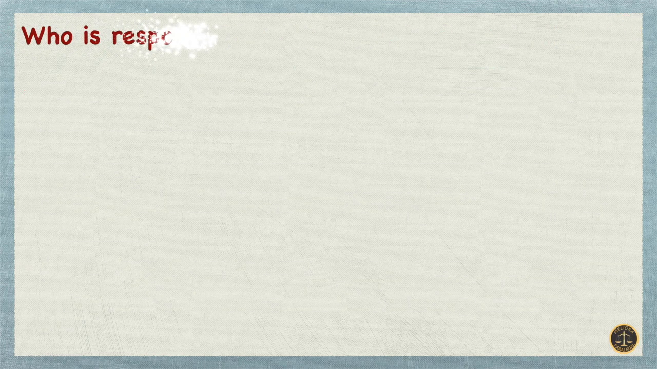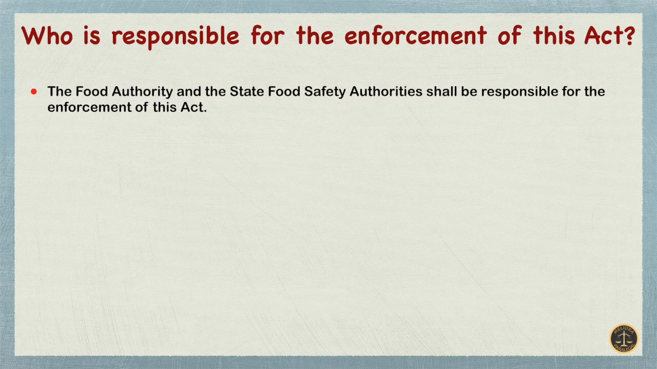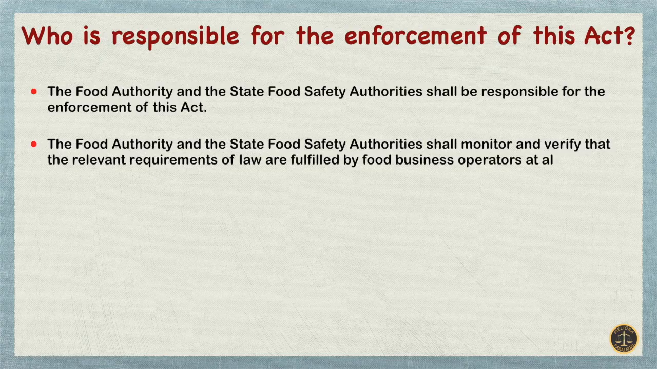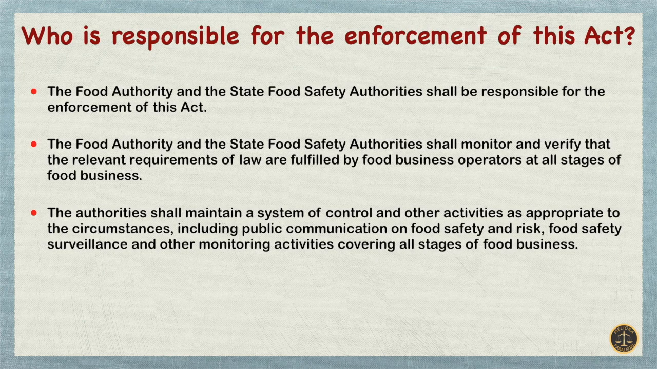Next, who is responsible for the enforcement of this Act? The Food Authority and the state food safety authorities shall be responsible for the enforcement of this Act. The Food Authority and the state food safety authorities shall monitor and verify that the relevant requirements of law are fulfilled by food business operators at all stages of food business. The authorities shall maintain a system of control and other activities as appropriate to the circumstances,